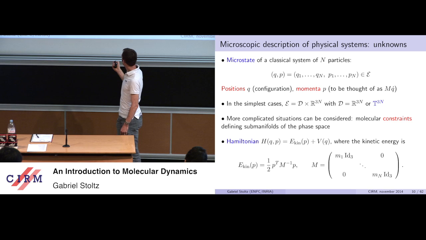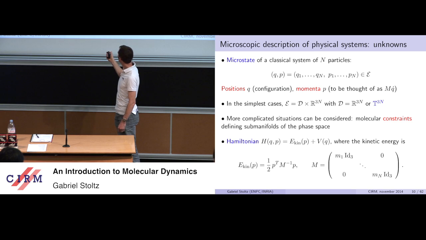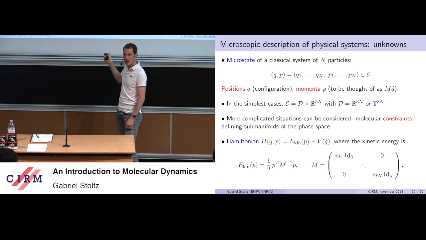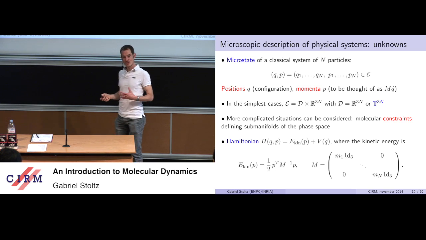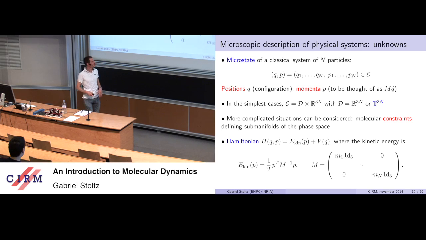And then to that, you add a potential energy where all the physics lies. So it's really the aim of people in condensed matter physics or chemistry to provide very nice, very accurate, very fine potential energy functions. As a mathematician, I assume that this potential energy function is given to me by God or the chemist, depending on the situation, and I work with it.